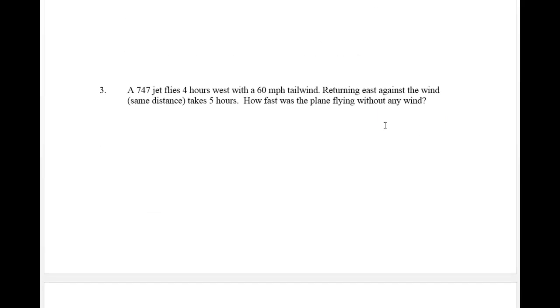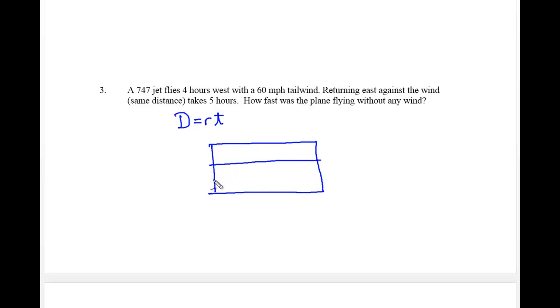Our last problem here in section 3.3 actually doesn't even involve x and y, but it involves a distance equals rate times time problem. When you have a problem that has speed and time and distance, pretty much I can guarantee you're going to be making one of these 3x3 grids, and generally speaking we put these on the test for you to kind of trigger that, oh, it's one of those problems. So distance equals rate times time looks at, in this case, a 740 jet that flies